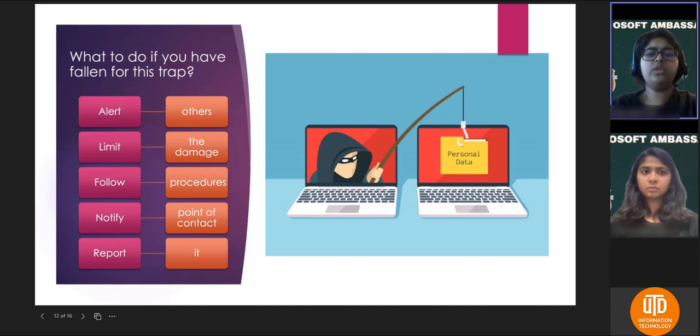We will walk you through the various resources and teams in the university that are completely dedicated to helping and guiding students later in the presentation. These resources include notifying specific people in the organization that help you with the IT. Notify the concerned point of contact. If your data or information was compromised, make sure you notify the university, for example, the Office of Information Technology or the OIT's team, and make sure to report it.